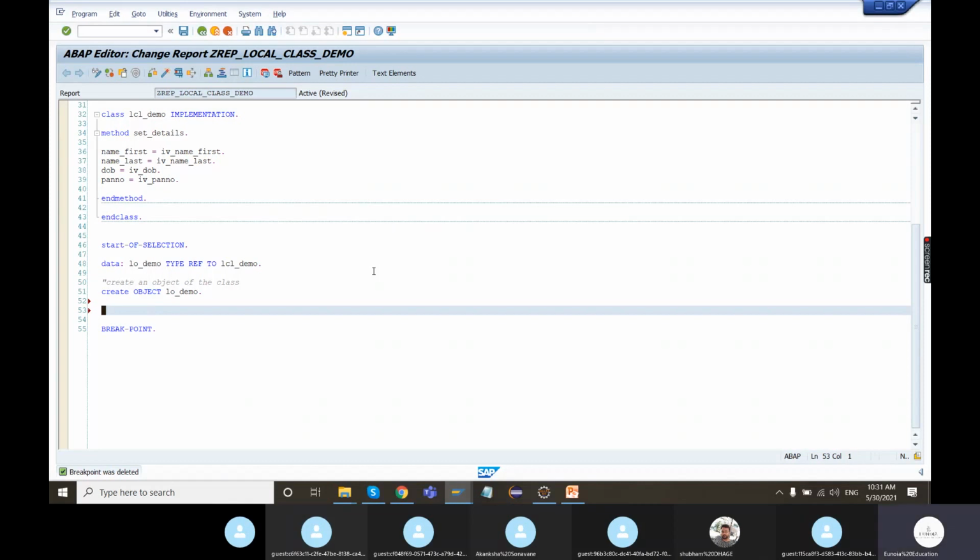So I'm going to call the method of the class hello demo, hyphen arrow, control space. So what all is visible, you can see: count is a public static attribute. It is visible. Name first, name last is visible. What is not visible outside the class is the date of birth and the PAN number. Easily, the system is not giving me the pop-up so that I can use that. Currently I don't want to use any of the attributes. What I want is the method set details. I will use this method set details.